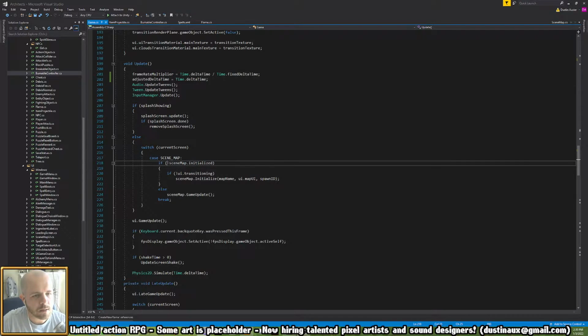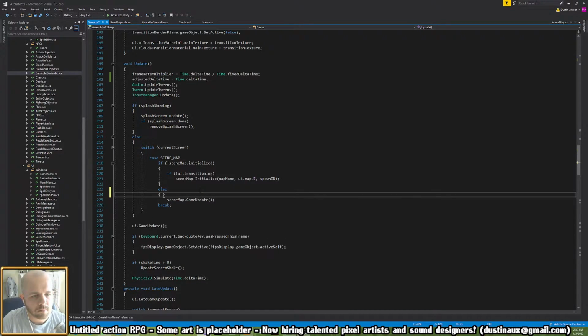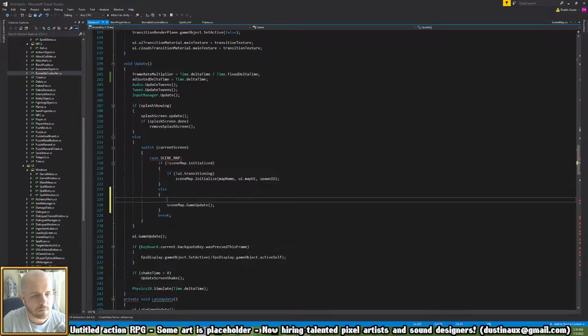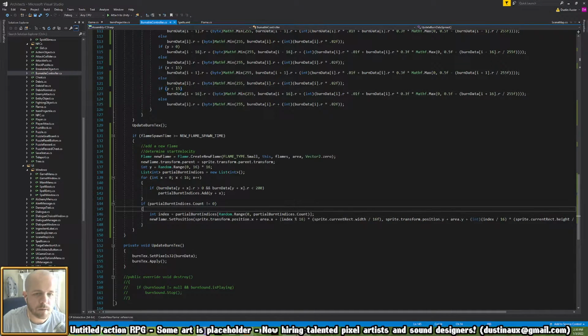Delta time, and then if there's scene map, alright, I'll go through and update all that in the code later on. Anyway,